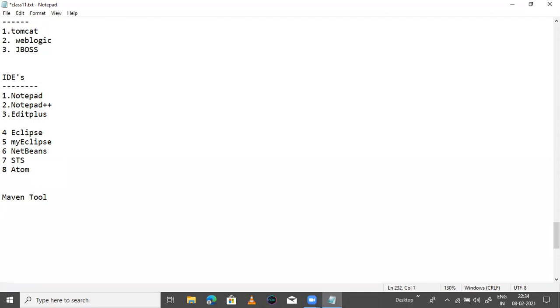This is the real-time tool for development. And next, Git. This is the code repository. How to use Git. Mostly I am using CLI, command line interface. And also Maven I am using command line interface.